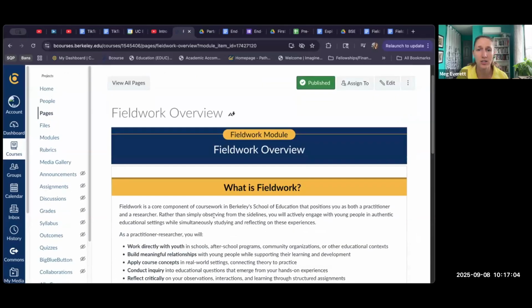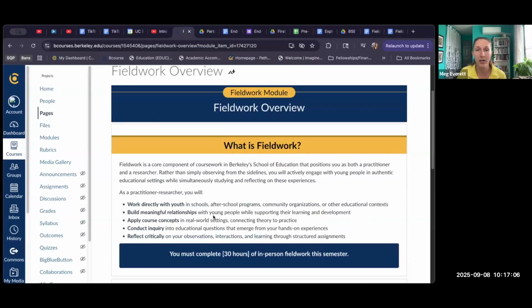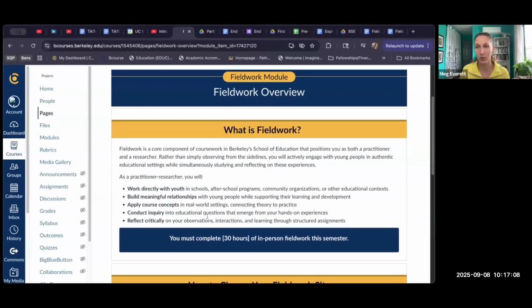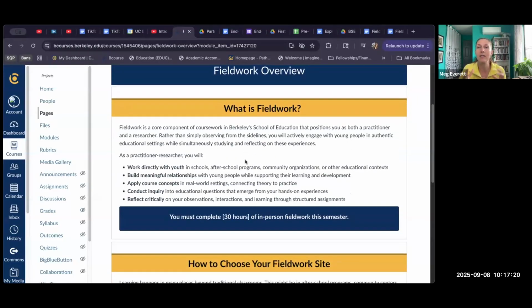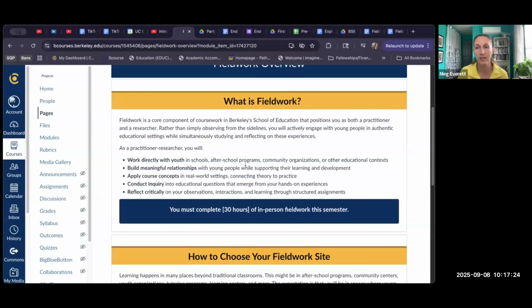And so this is just a page that's a reminder for students about what is fieldwork. What is the orientation that this particular program or this class is taking to community engaged work? And so this is something that your program's going to have a different definition and a different description, but it's nice to have it live within that course site as a reminder for students of what is entailed in